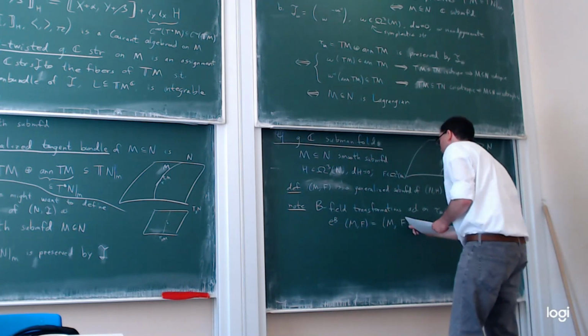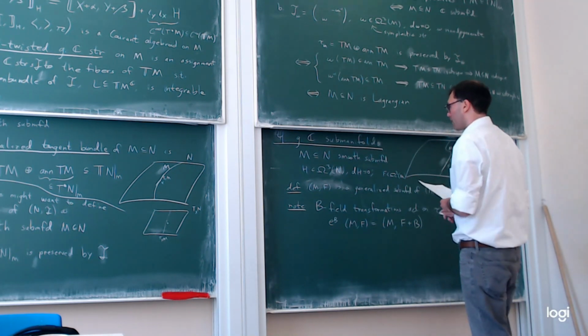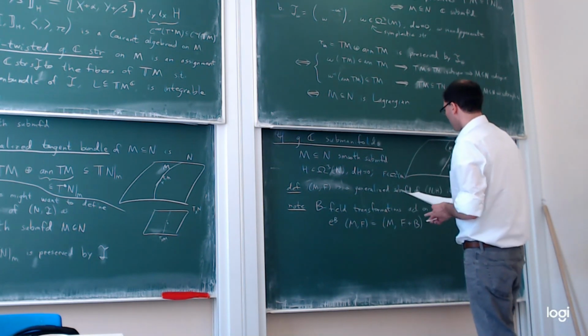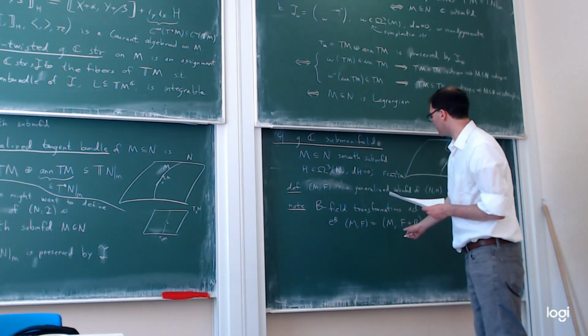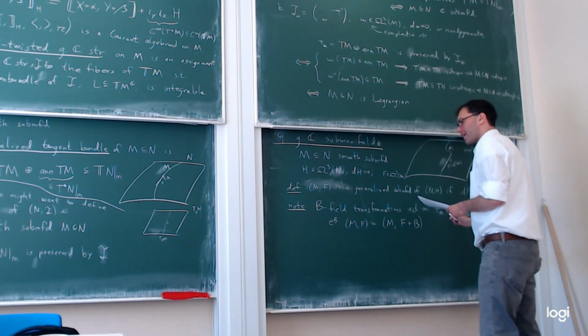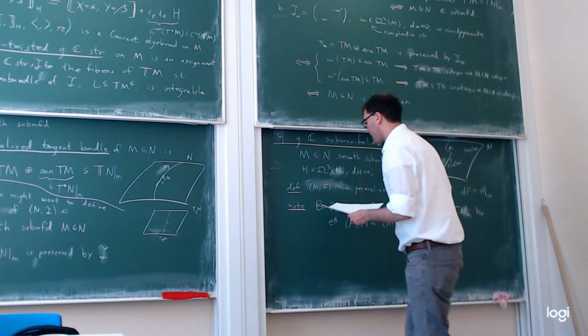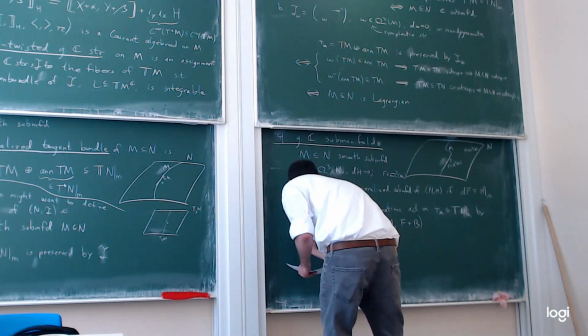So B is a closed two-form. F is also a two-form. So this is again a two-form. So it is the type of thing that can be a generalized submanifold. However, I see that I have forgotten a definition here. So this note should actually come after this definition,